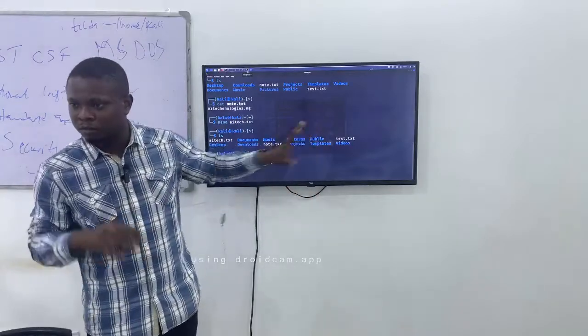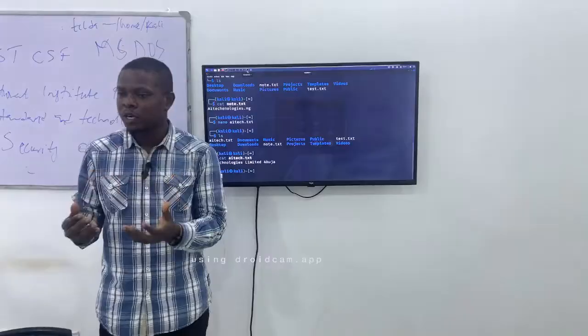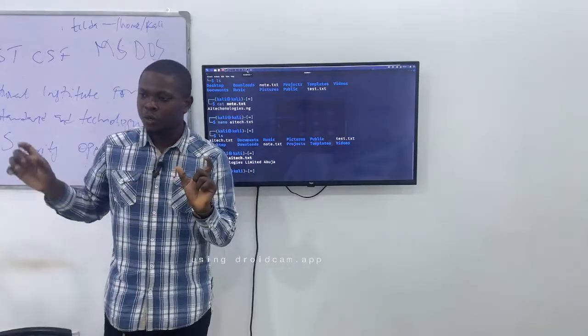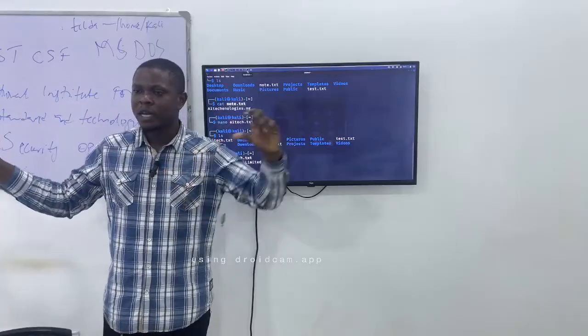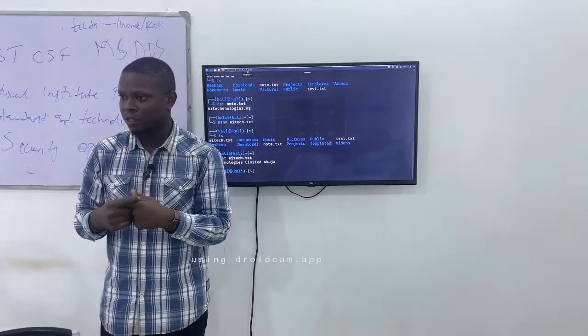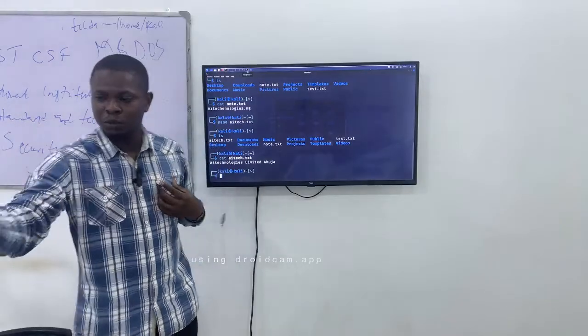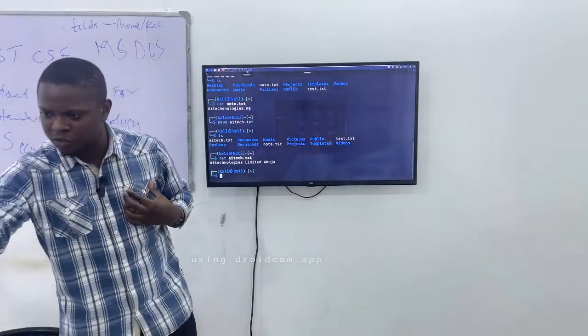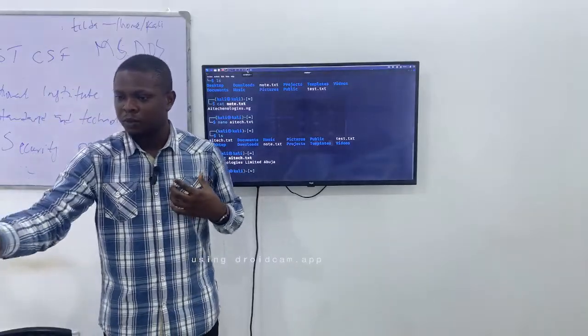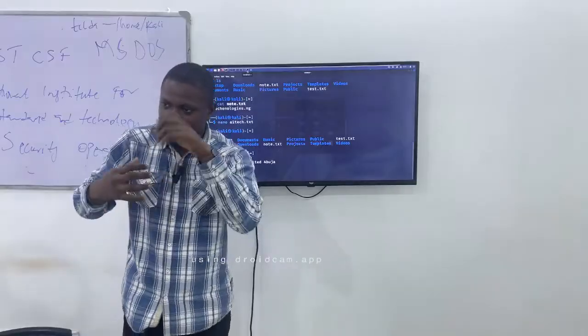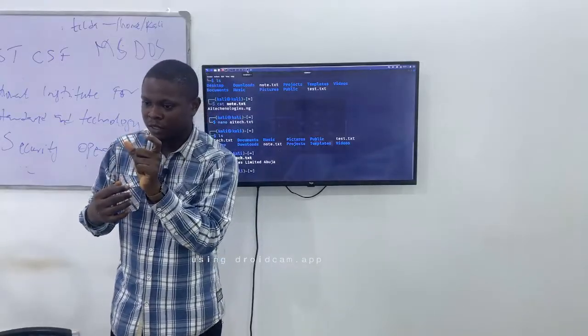Let's do a practical. Let's do something interesting. It's called steganography, hiding a file inside another file. So what we're going to do, we're going to download an image and hide the secret file inside the image. Is it clear? For instance, I want to send you secret information. What I do, I embed it inside an image with a passphrase and I send it to you.